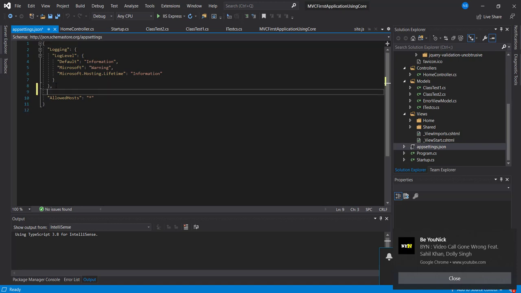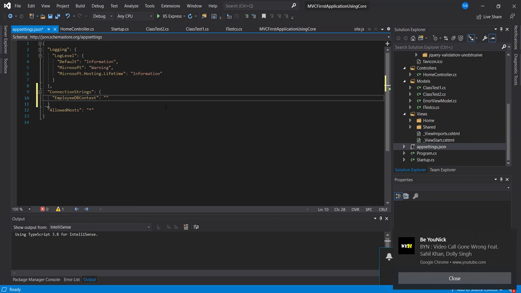If I want to add a connection string, I will just do this. I will give a name to the connection string, maybe EmployeeDBContext, and I will add the connection string over here.